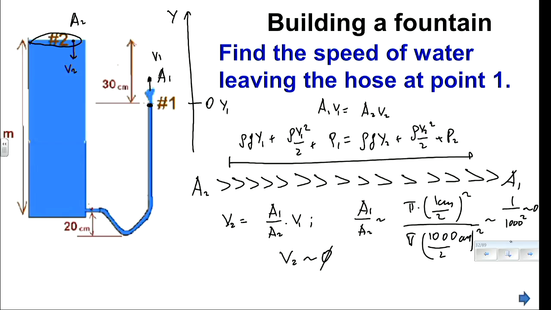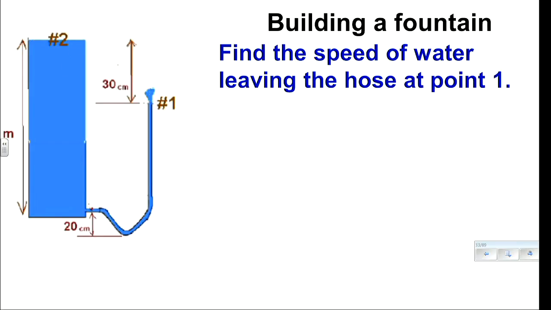So this makes this equal to 0. This makes this equal to what? 0.3, yeah, not 30 centimeters, 0.3 of a meter. Now we can use the equation. So again,